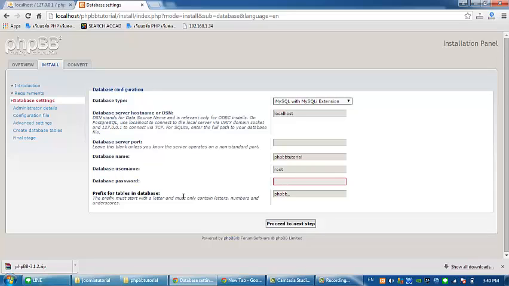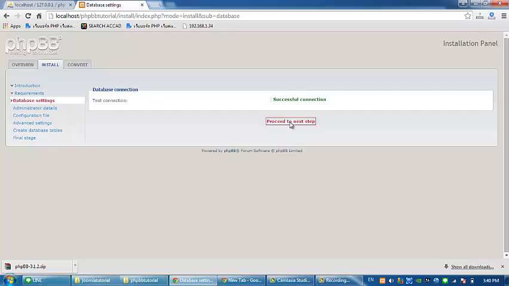So here it's the prefix of the tables for phpBB. So this one is the default prefix. So it's up to you if you will change it. Then proceed to next step.